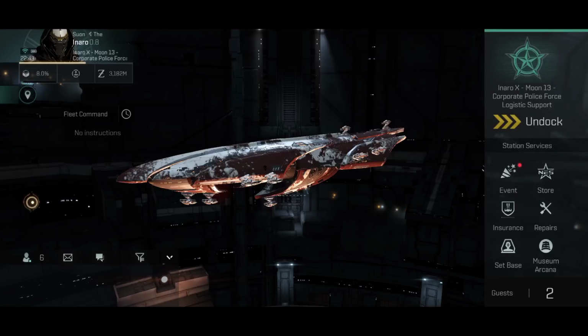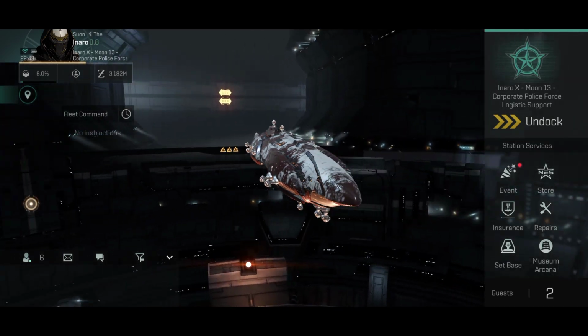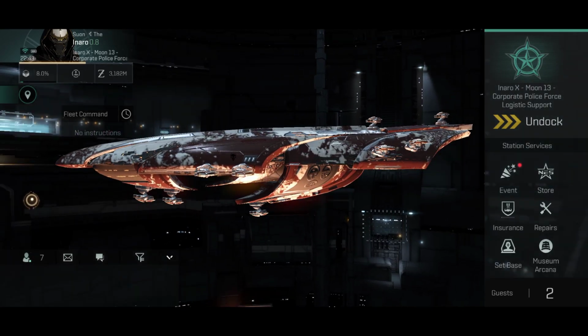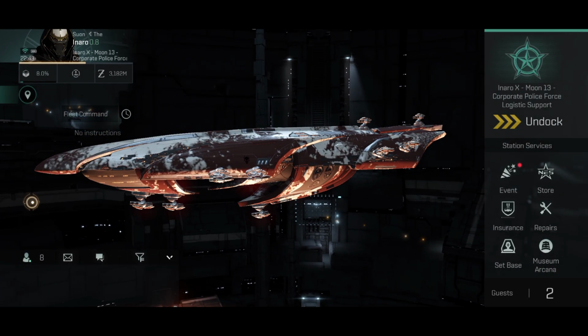Hello and welcome back. We all know that the Ashimmu is one of the most feared ships in the game. It is also one of the best PvP ships in the game. I've been flying it for some time now, have been very happy with it, and will of course continue to